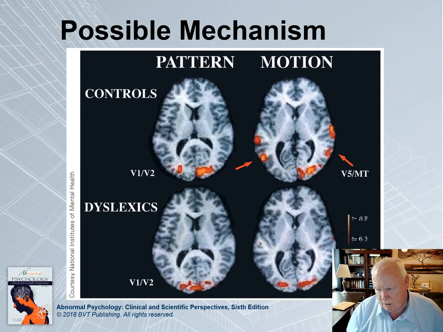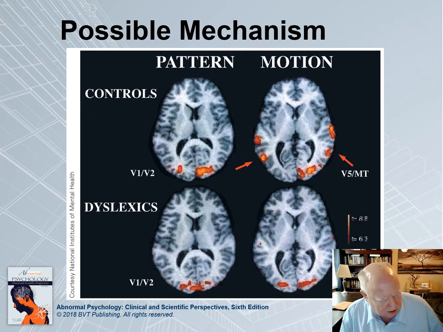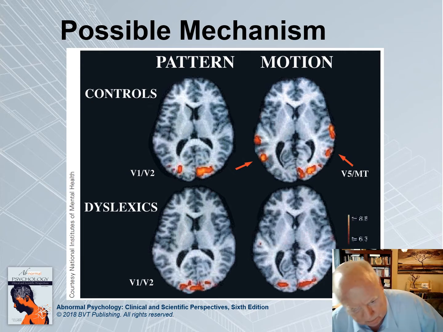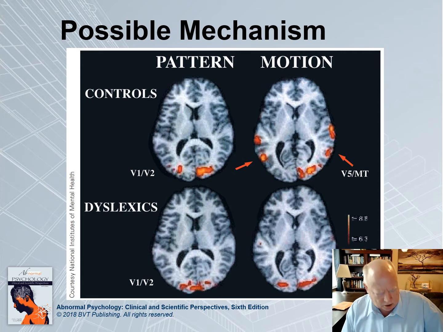This slide is covering material that's not covered in the book, but it's exciting. It gives you an idea of something that might make a huge difference. Let me describe the study. What you're looking at are brain scans. In particular, these are brain scans that show activity level for two different groups, a group of individuals who experience dyslexia, which is mostly a reading, to some degree a writing disorder, and control subjects.